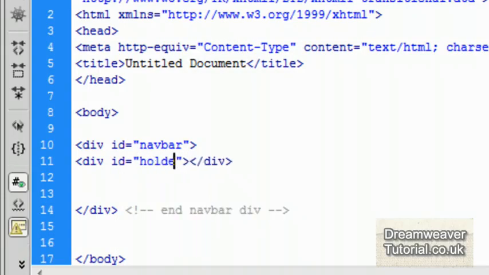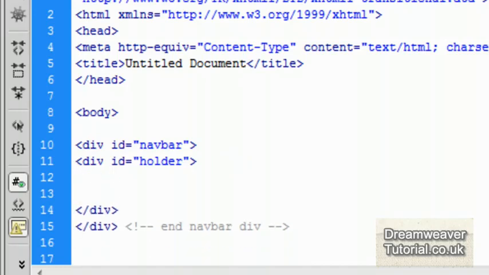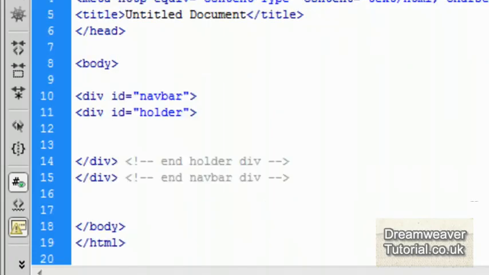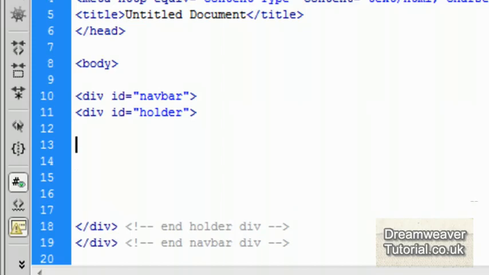So I'm going to call it div with an ID of holder, because this is going to hold an unordered list, which we're going to turn into a horizontal tab navigation menu. Okay, so let's start creating that unordered list now. So I'm going to open and close a UL tag. So it's open angle bracket UL and closing UL tag, and inside of the unordered list we're going to put